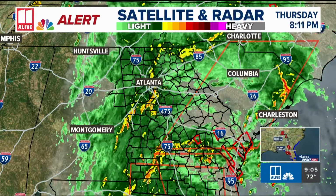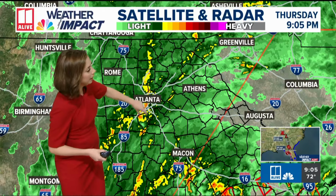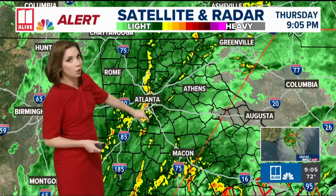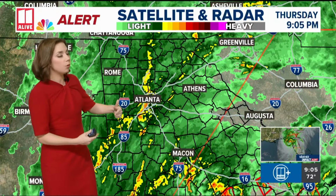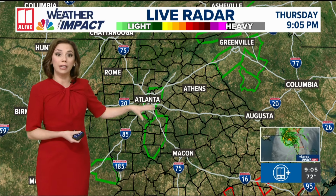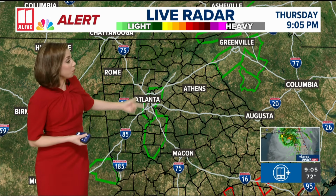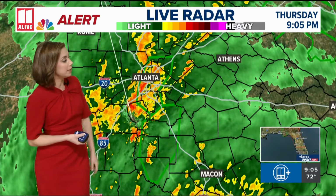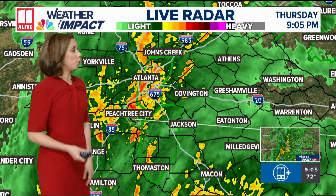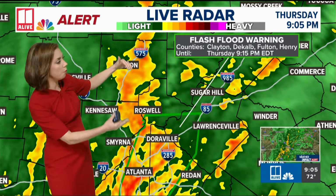You can see all the rain pressing in from the south, working up to the north. And it's this one line right here where the rain has been a little bit more steady, a little bit more consistent, heavier rain rates that's been working through the heart of the metro over the last couple of hours on some of the same areas already in flash flood warning. So I know the entire area is not in a flash flood warning yet, but we're starting to see flooding reports coming in significantly there in the heart of the metro. More flooding reports coming in. I'll zoom in a little bit more so we can show you where the heavy rain is. Now it's kind of working its way